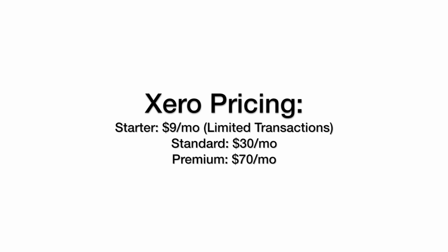What really holds Xero back for us when we were looking at it is that the cheapest plan, which is $9 a month, and they call it their starter plan, limits you to just 5 invoices and bills per month. Now, for some small freelancers, that might work, but for us, that won't work. We've outgrown that. We send about 20 to 30 invoices a month. We have a ton of expenses that come through, and so we need more than that